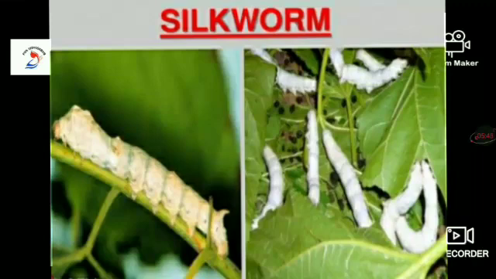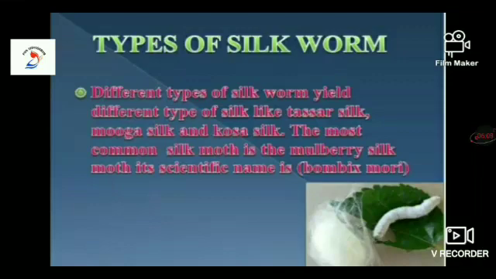The most common silk moth is the mulberry silk moth. The scientific name of the silkworm is Bombyx mori. What do you mean by a filament? A long, thin, thread-like structure is called a filament. The silkworm deposits filaments in layers around its body through figure of 8 movements of the head, forming a structure called the cocoon. The silkworm takes 3 to 7 days to prepare the cocoon, formed by about 20 to 39 concentric layers of a single thread.